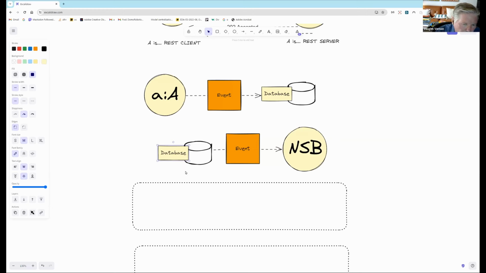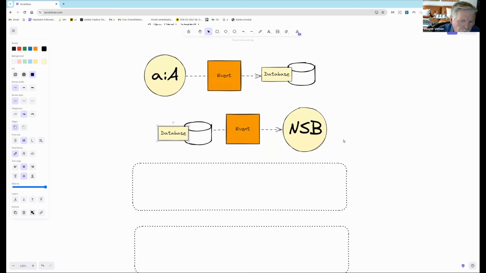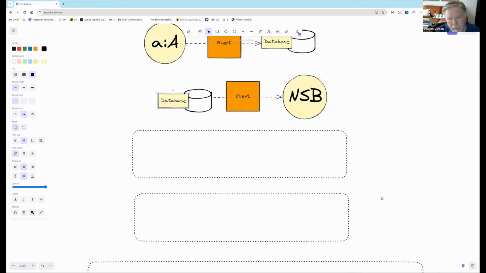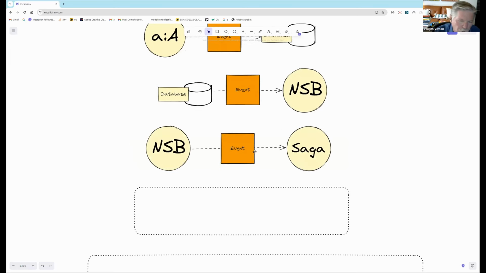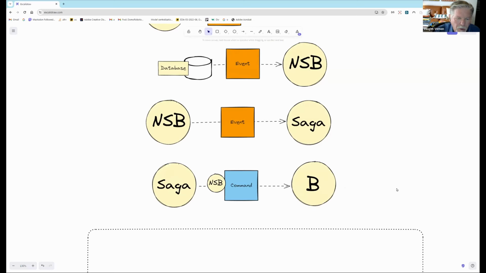Could the database object, after the bytes are actually on disk, could it actually send that event to NServiceBus? Yes, it could, right? And could NServiceBus send that event to a Saga? Yes, it could, right? And could the Saga send through NServiceBus a command to the B? Yes, it could, right? And what I want you to take away from this today, so yeah,